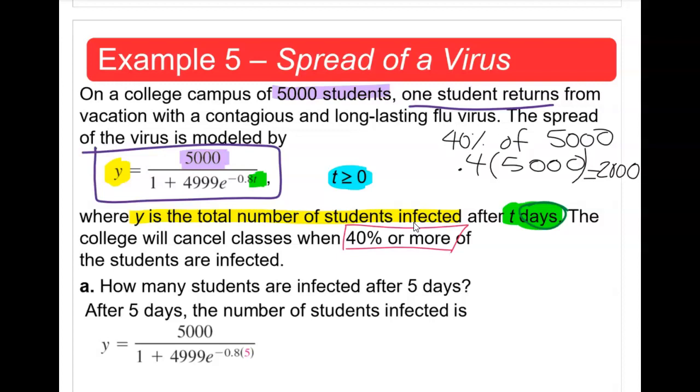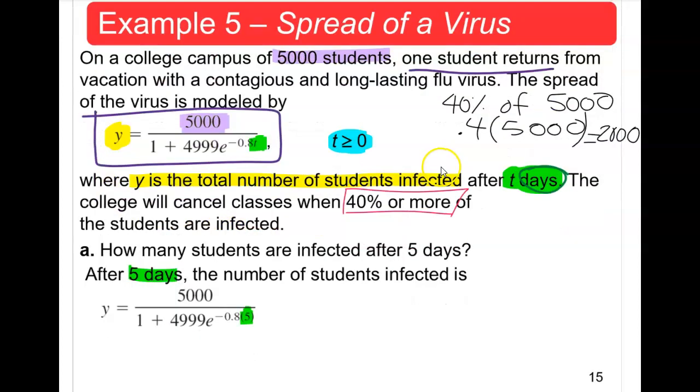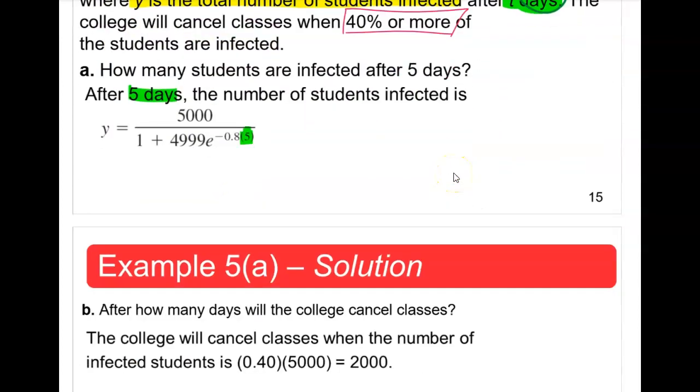So less than half. Part A of this problem says: how many students are infected after 5 days? After 5 days, you can see how t is being substituted with a 5 down here. And so if we enter all of this on the calculator, you could enter something like this: 5,000,